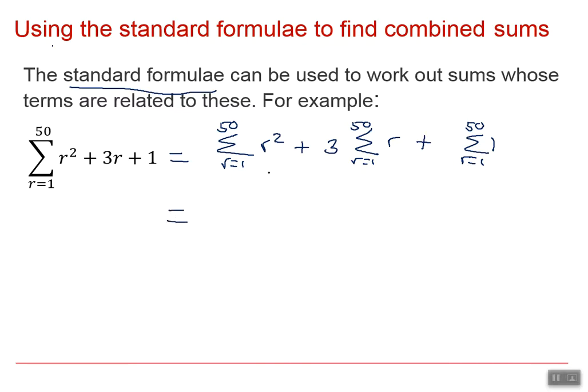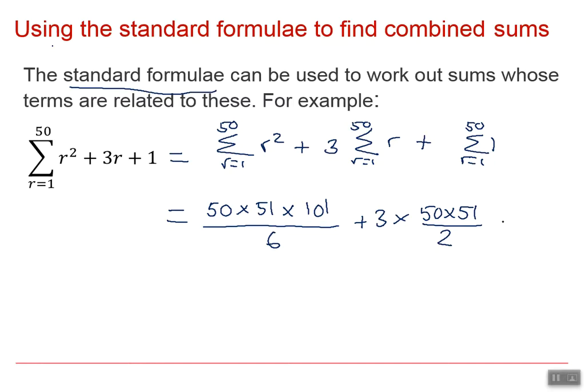So if we now use the standard formulas, we have 50 times 51, so n times n plus 1 times 2n plus 1 all over 6. That's using the standard formula for r squared. And then we're going to have 3 times the standard formula for r, which is 50 times 51 over 2. And then using the standard sum to n for 1, that's just going to be 50. Simplify these, add them all up, and we get